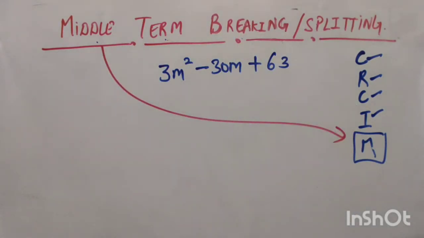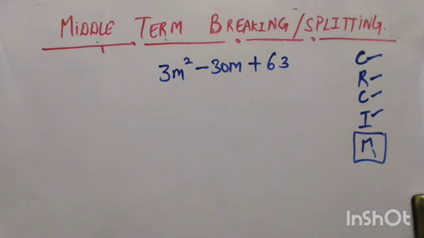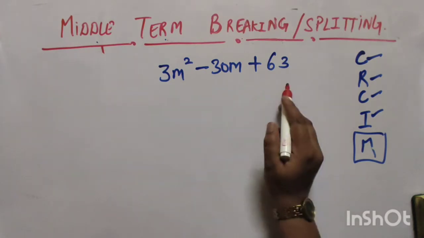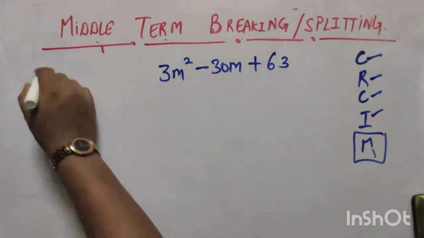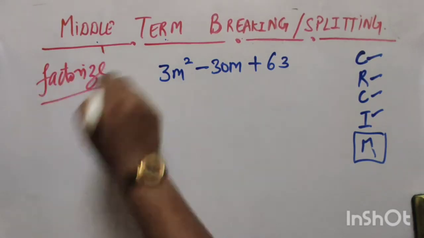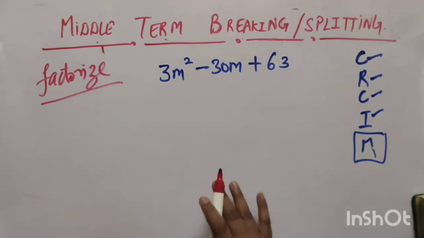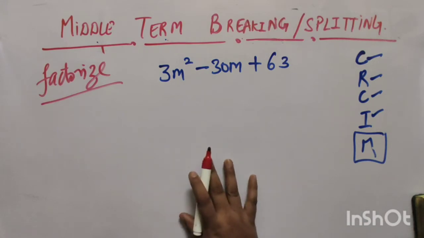Right. Now, what is that? We are going to discuss it today. As we can see, this is an algebraic expression that we need to factorize. Right, children? Already I have told you, when we factorize any algebraic expression, we have to follow these steps only. So we are going to do the same thing with this question as well.